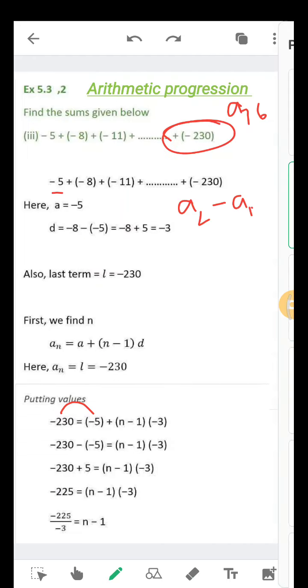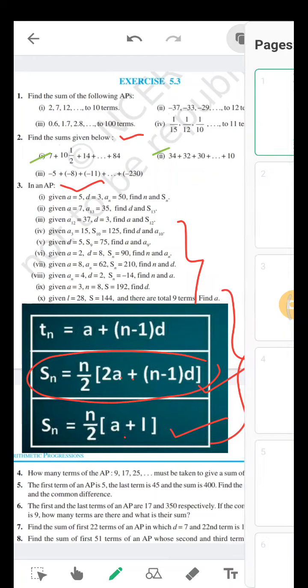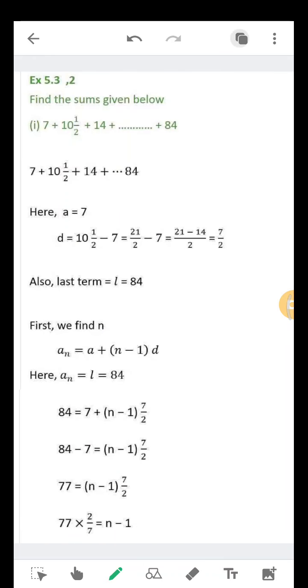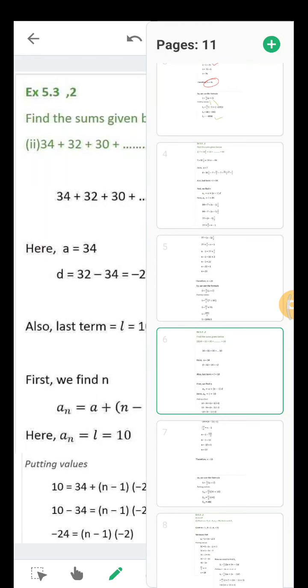This is the way you have to find it. So always remember that first you should find how many terms are there in the series. Like in the first question, he already gave us the sum of 10 terms, so we didn't find the n value there. We found S10, here we found S12, here we did S100, because he already gave us how many terms' sum you need. But here he did not mention how many terms, so that is the reason we need to find the n value. In the same way, you can try the first and the second bit of this question. For your reference, I have given the first bit and the second bit of question number 2.